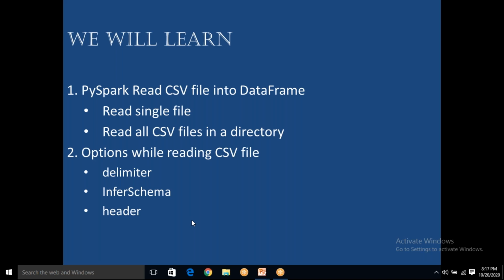Though these headers will appear in your data, you will see default headers: underscore C0 will be your first column, underscore C1 is your second header name, underscore C2 is going to be your third header name.